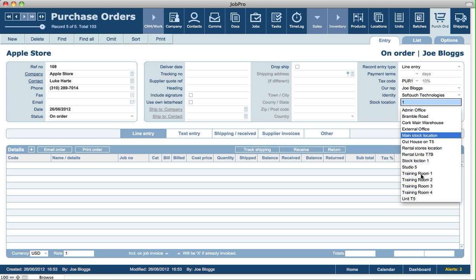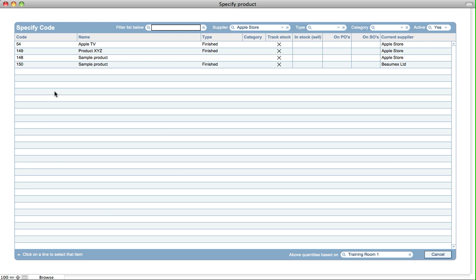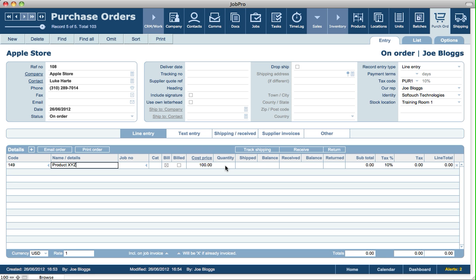So let's say we're going to receive this item into, we'll say, stock location or training room 1, anything at all, and then we'll add in a line and we'll pick that product that we're using as an example, put in a quantity 4,